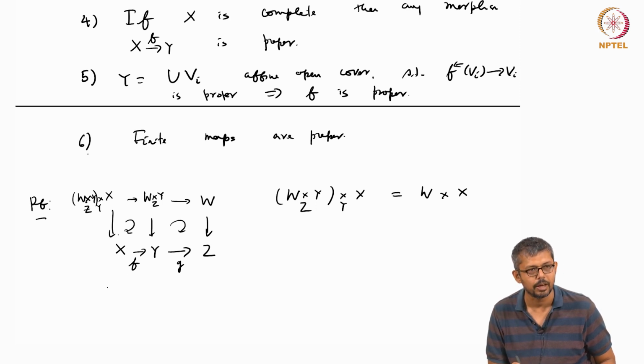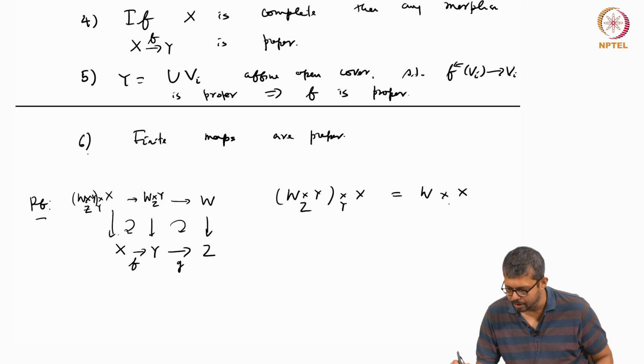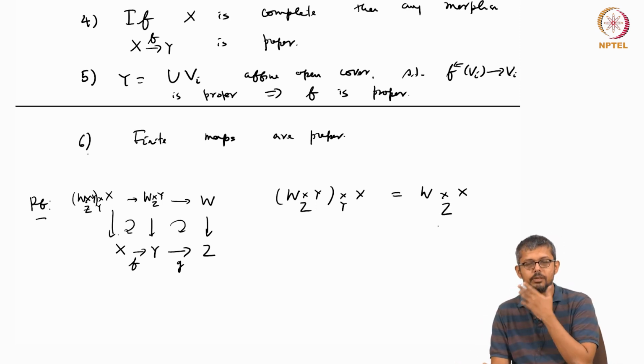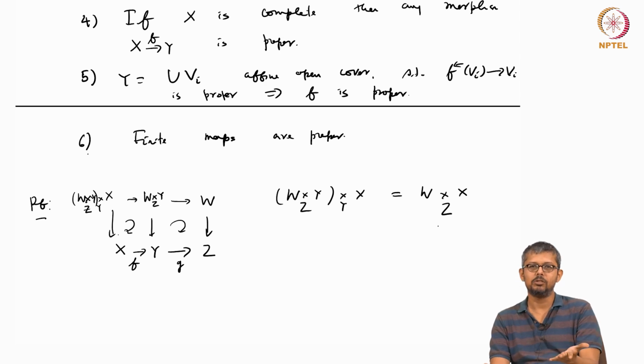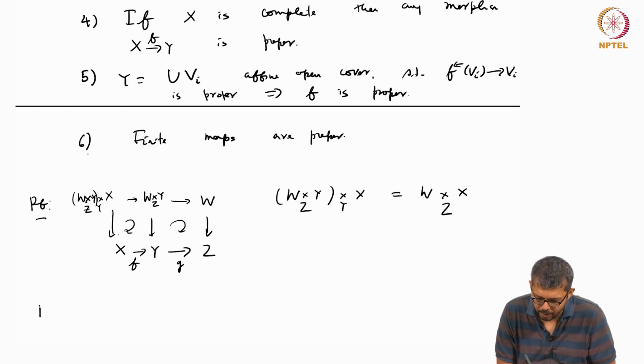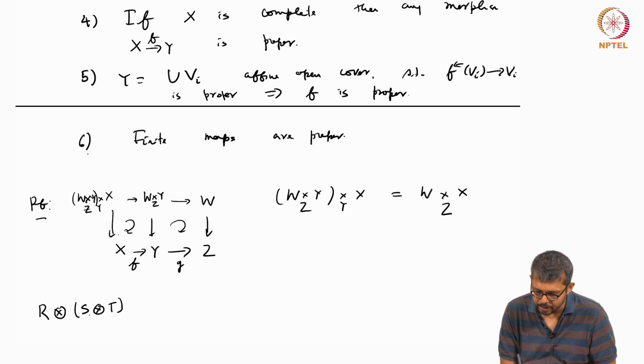G composition F. Then W cross X Z. So this is basically, when you do this base change at the affine level, it is just tensor product, right? This is something like you have done this exercise in your